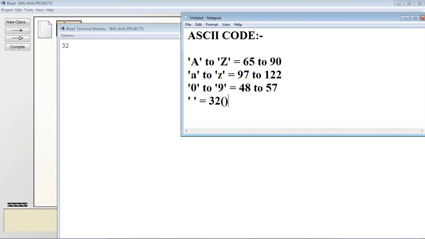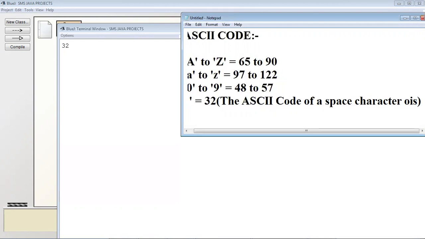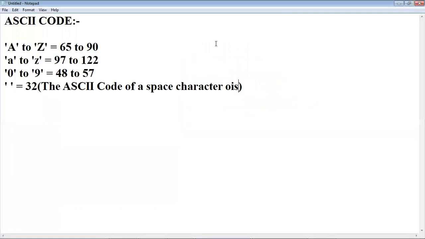Let me write in a bracket: the ASCII code of a space character is 32.